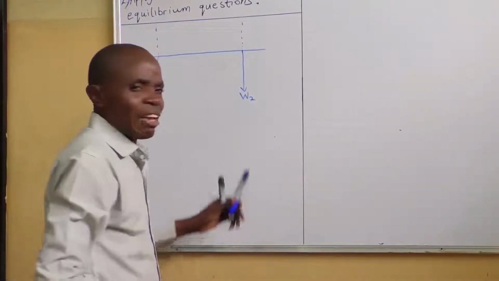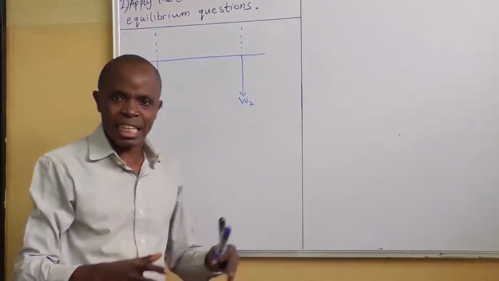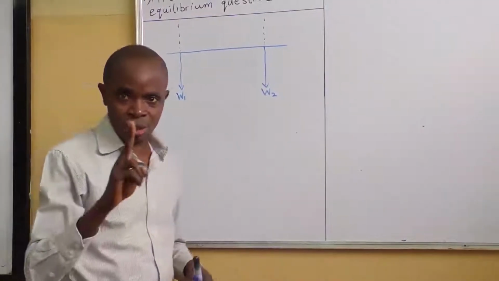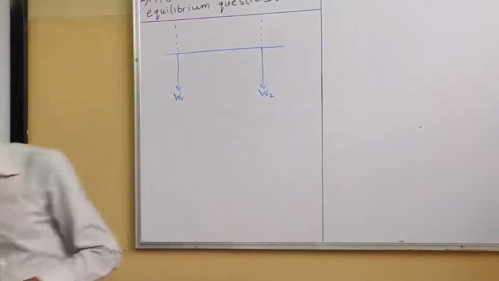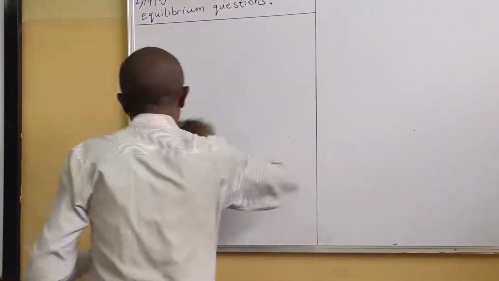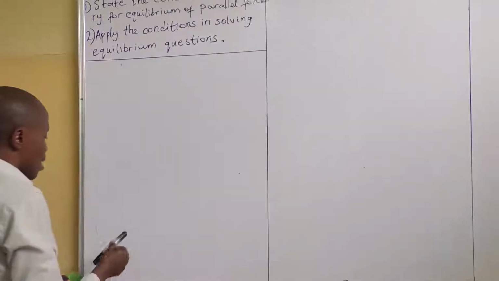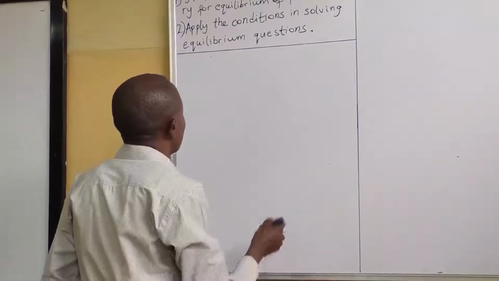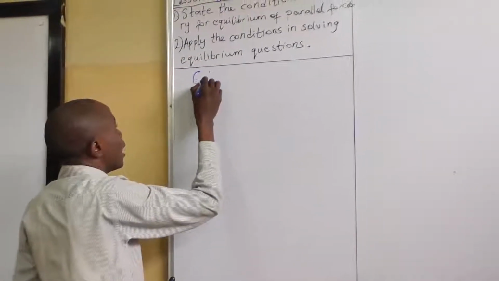Now, for forces to keep an object in equilibrium, when the forces are parallel, there are two conditions that must be met. I say again, for forces to keep an object in equilibrium, when their lines of action are parallel, there are two conditions that must be met. So this is addressing the first objective now,